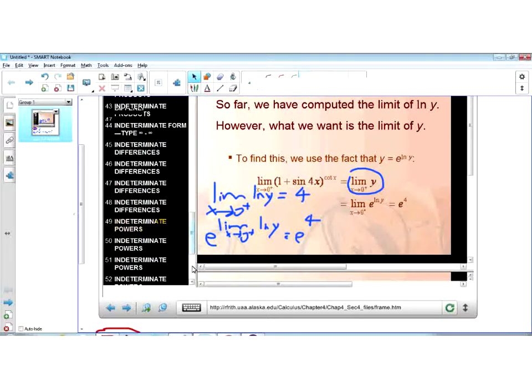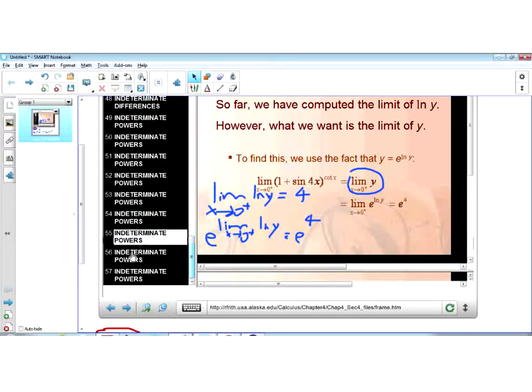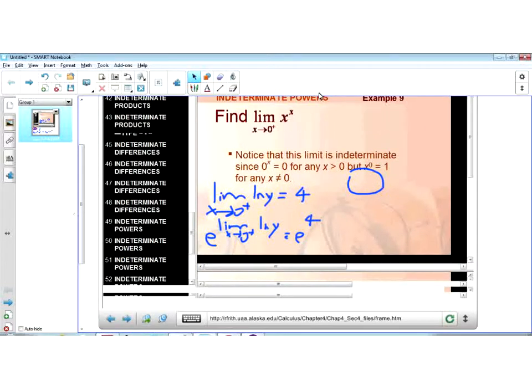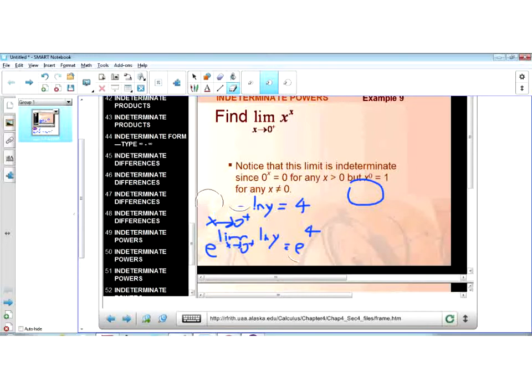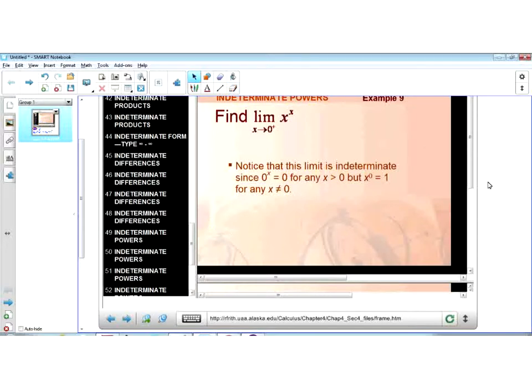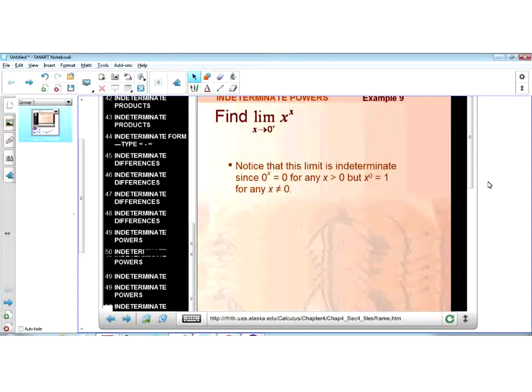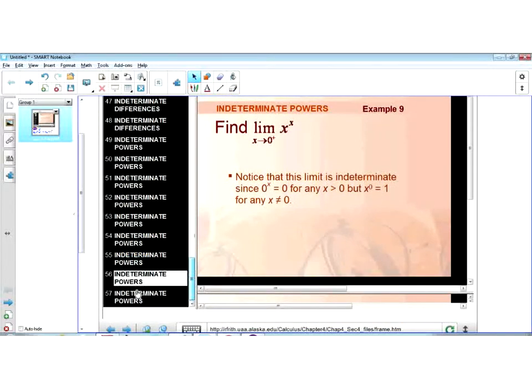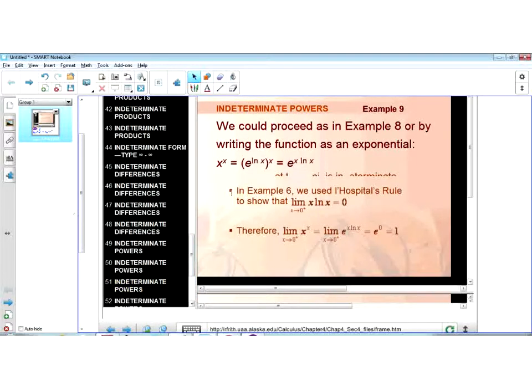Where was that, slide 56 now? All right, so we want to calculate the limit as x approaches 0 from the right of x to the x. Well, okay, that kind of looks like the exponential function, but if you use direct substitution, clearly that's a 0 to the 0 type, right? That's 0 to 0, so that's an indeterminate form. So that means we're going to have to take the natural log of both sides. All right, so in doing so,